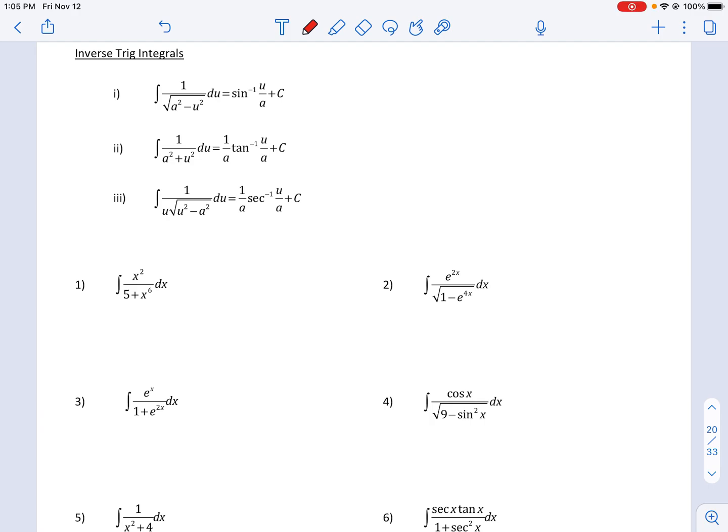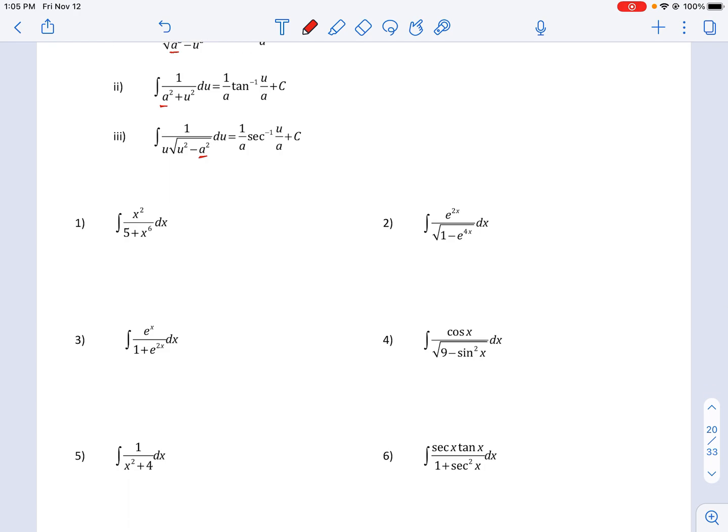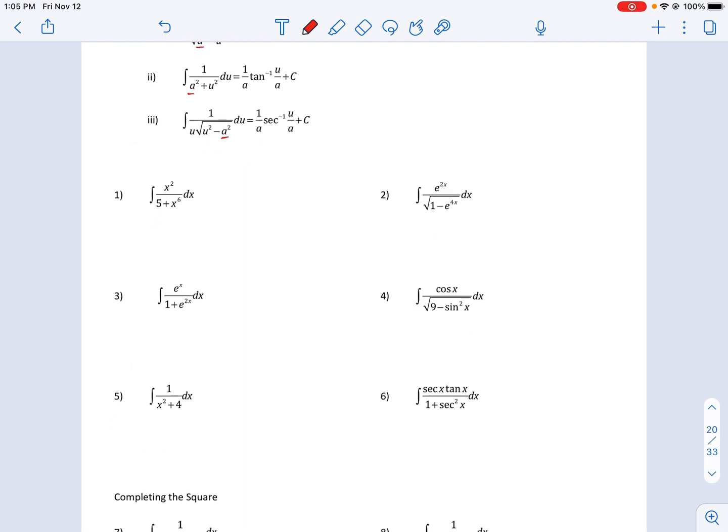Looking at the antiderivatives, notice here your a does not necessarily have to be the number 1. Your a piece in the antiderivative is always the number, and the u piece will always be the derivative. So what I would always recommend first is figuring out what your a and what your u is. So on page 20,